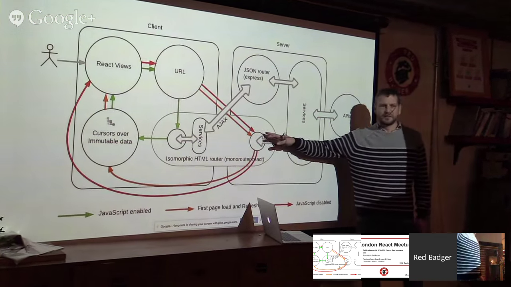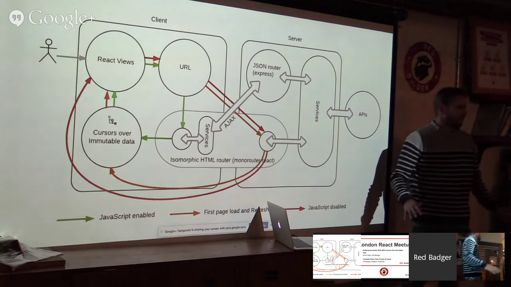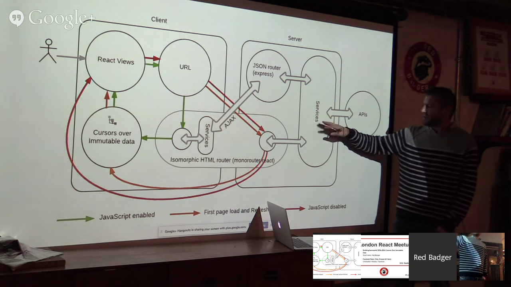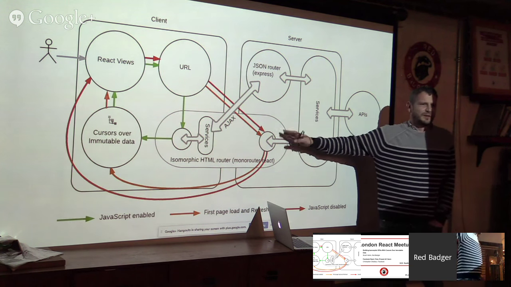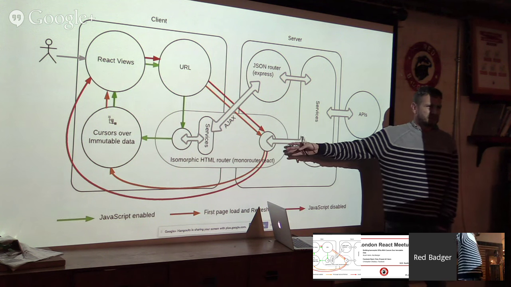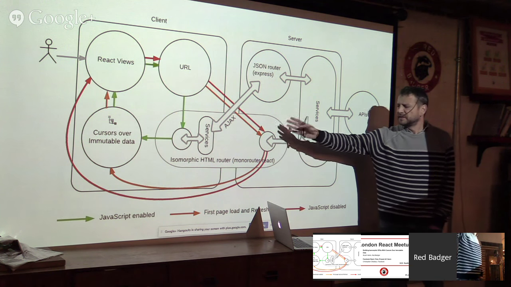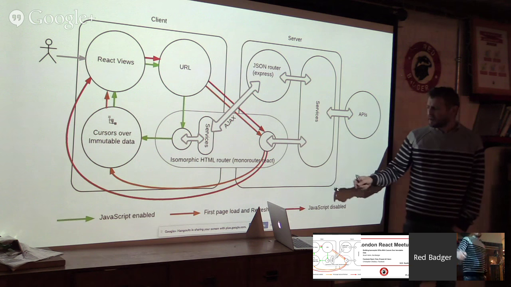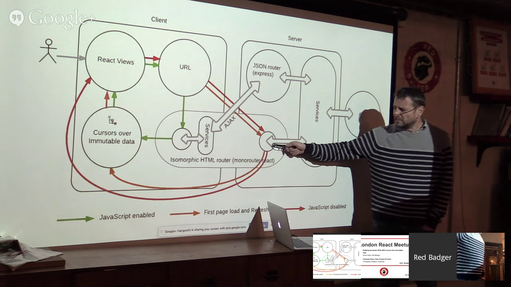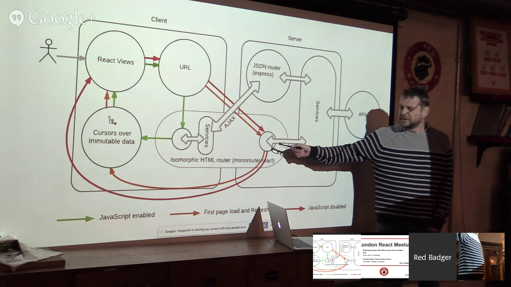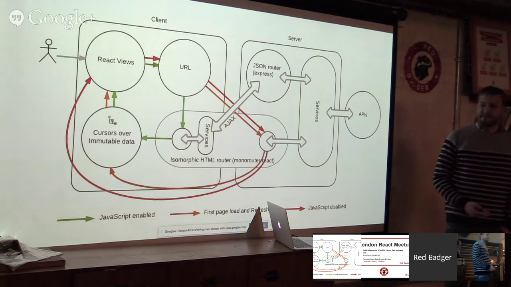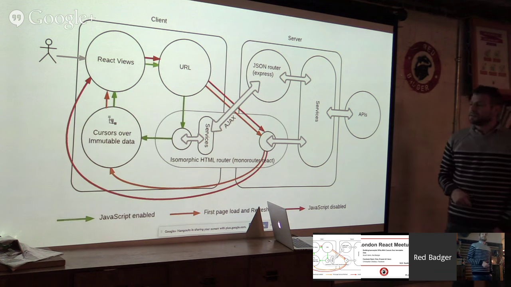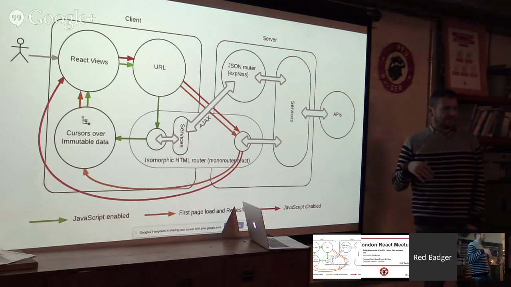Because it's your first page load, you need all the data. You need that one whole hierarchy. So the services can get all that for you and provide you with a cursor over that. We throw that cursor away. It's actually not used on the server. It's just there because the interface has to be the same as isomorphic. But anyway, we embed the data that's underneath the cursor into the page and return it to the user and render that. And then when React takes over on the client, it rehydrates that data back, creates another cursor over that, feeds it into the